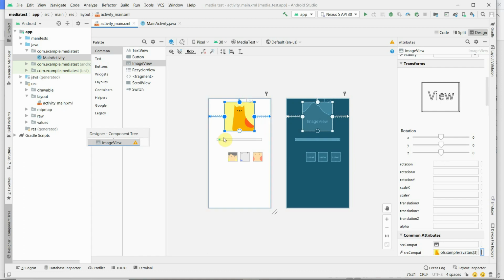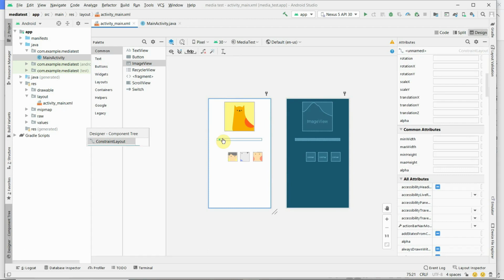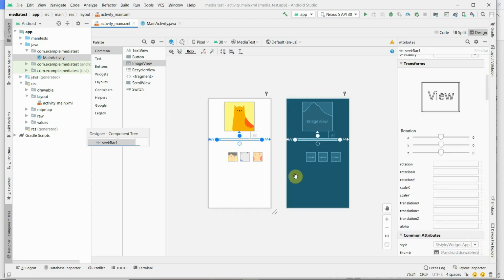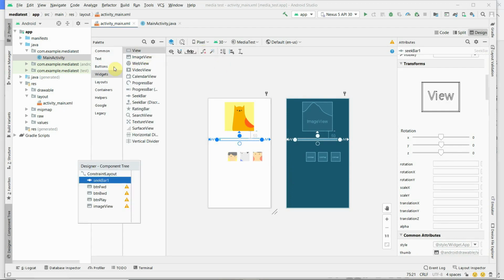Next, you have to keep one seek bar. To keep the seek bar, click on the widgets palette. In the widgets palette there is a seek bar. Drag and drop the seek bar and fix the handles. Any two handles you can fix, and we fixed the horizontal handle as well as the vertical handle.